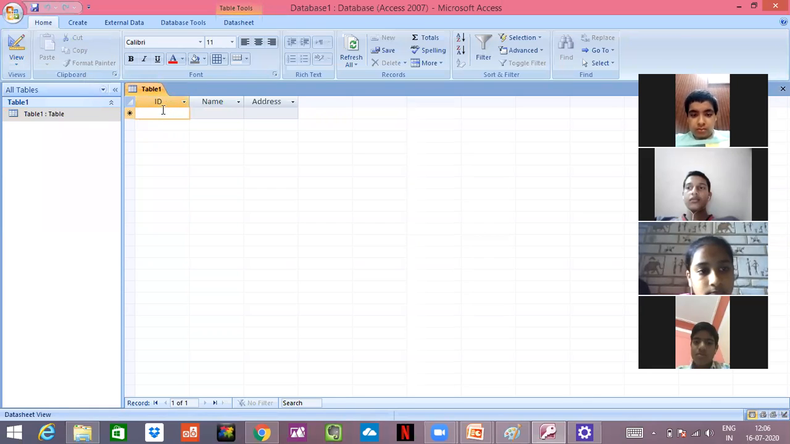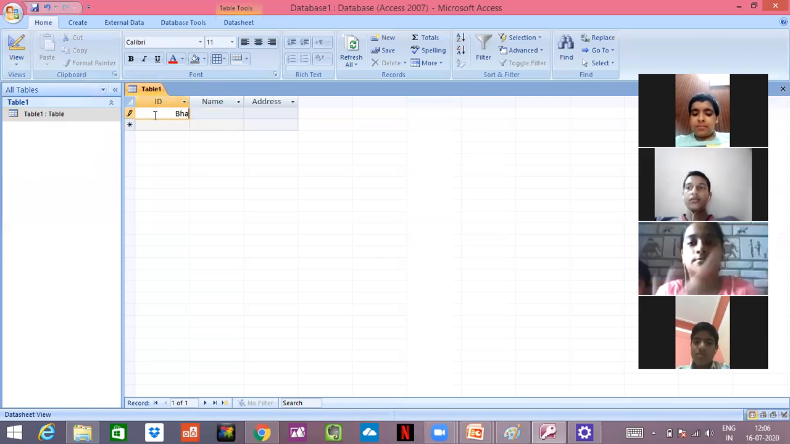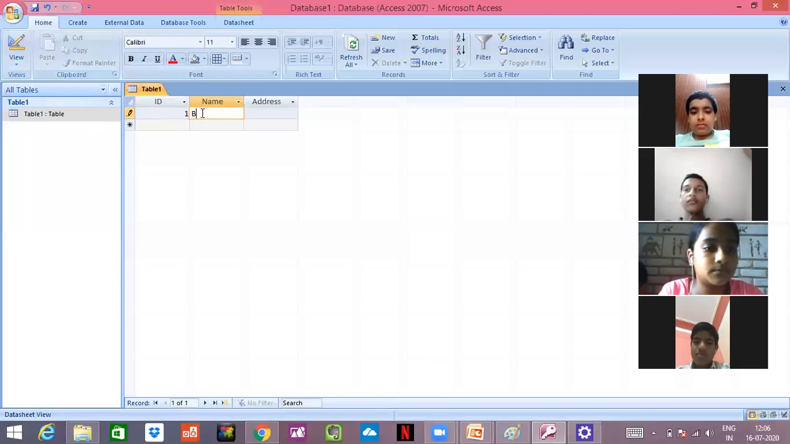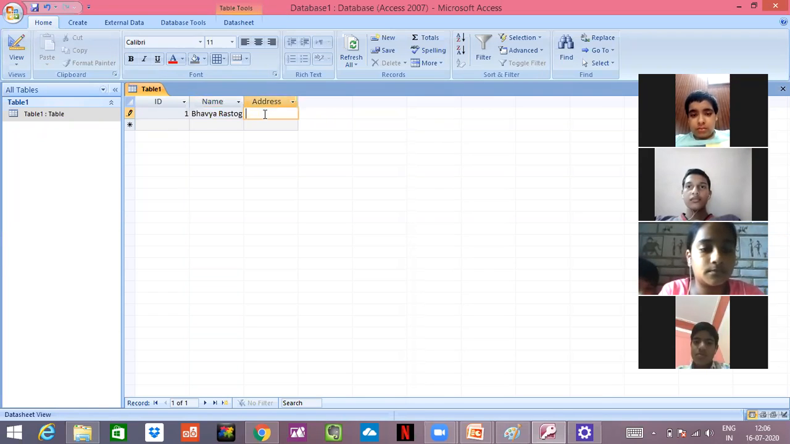See, now I have put three options: ID, name and address. See, these three options are coming here. Now I can fill, like I am able to see Bhavya Rastogi. Sorry, I have written it in the ID. I'll write 1 and here I'll write Bhavya Rastogi. Okay. I don't know the address, so I'll write 22,